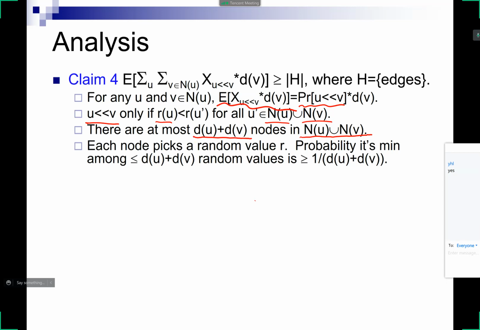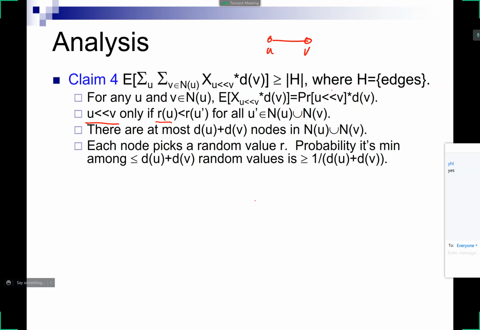However, the edge between u and v. Okay. So when you look at this thing, you're going to count the edge between u and v twice. So therefore, if you look at the total number of neighbors of u or v, that's going to be at most the degree of u plus the degree of v. Okay, and then each node is going to pick a random value r, right? So therefore, the probability that